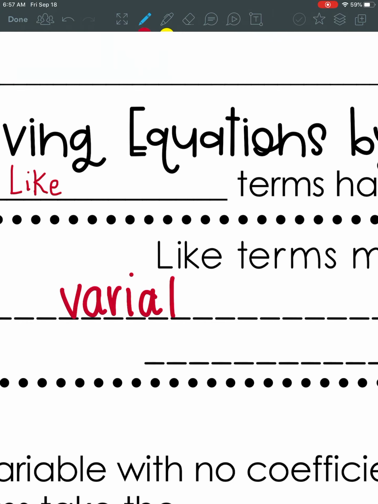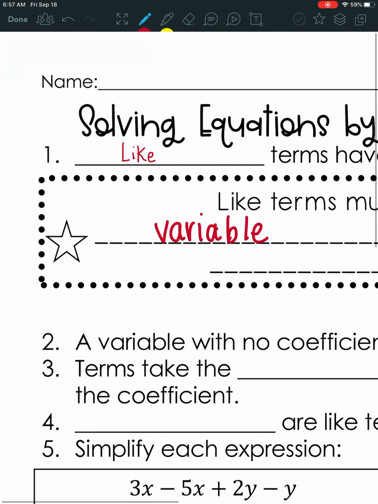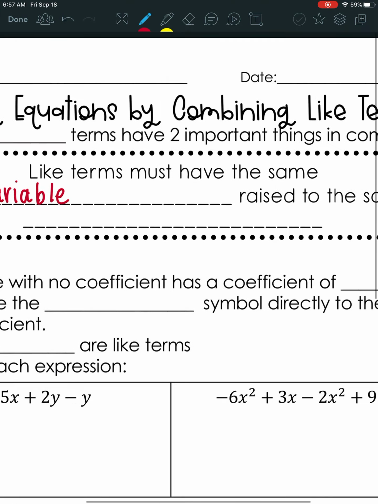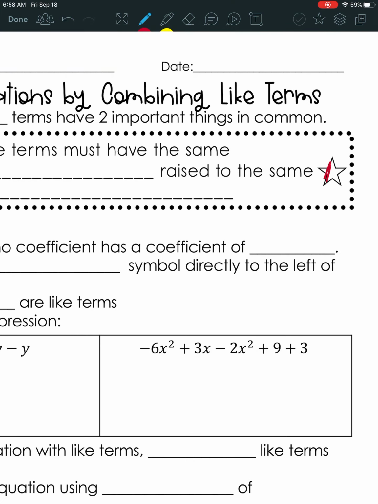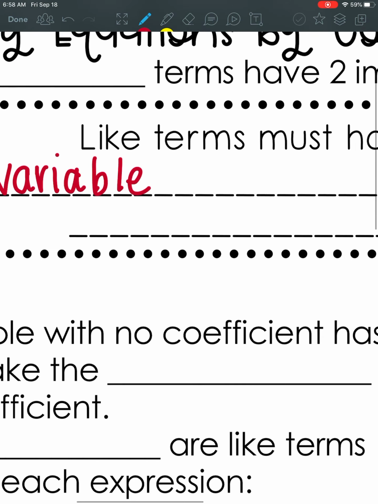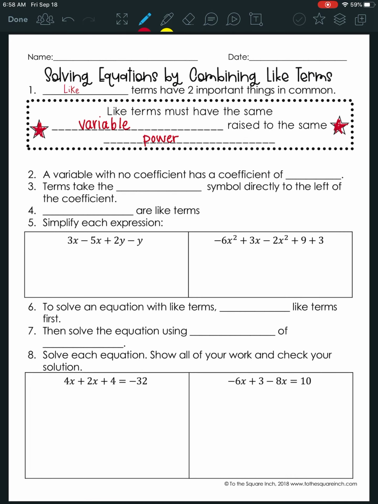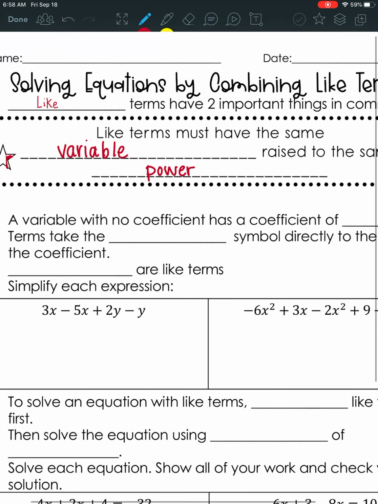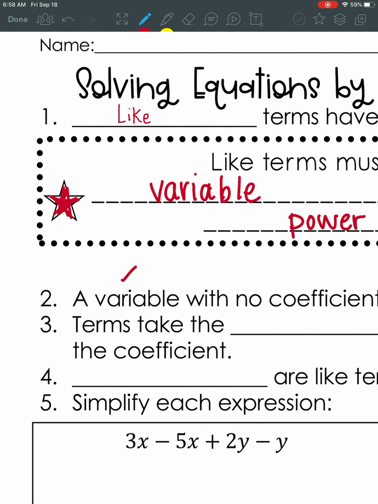So the two things, like terms must have the same variable, and then they also must have the same exponent on that variable. So the same variable raised to the same power. So if we see the variable x, 3x and a minus 7x, those can be combined. If we see 3x and maybe minus 7x squared, well, it has a different power, so those are not like